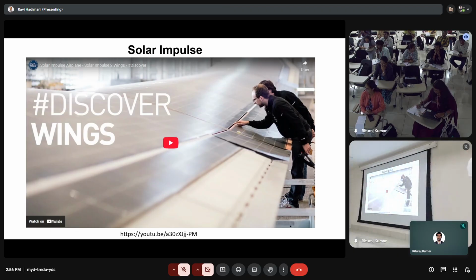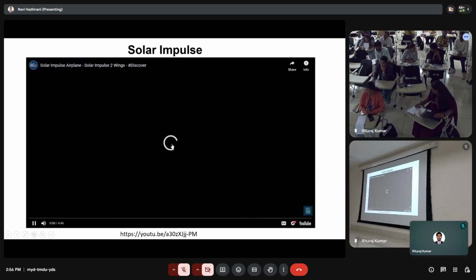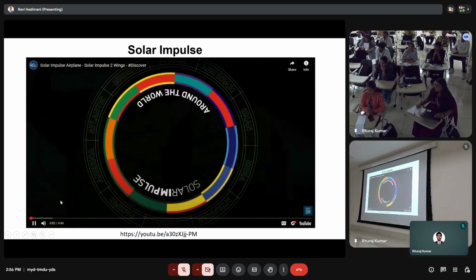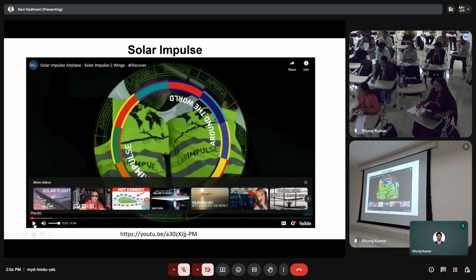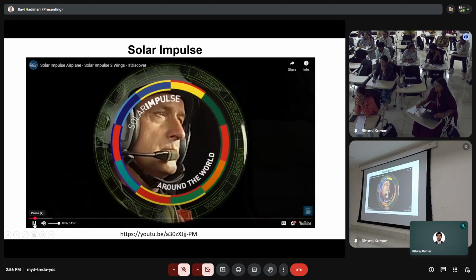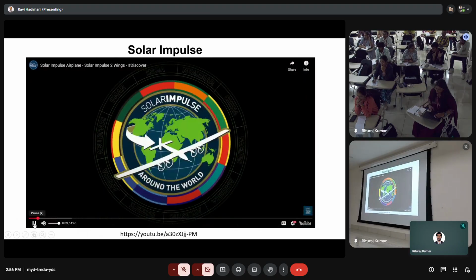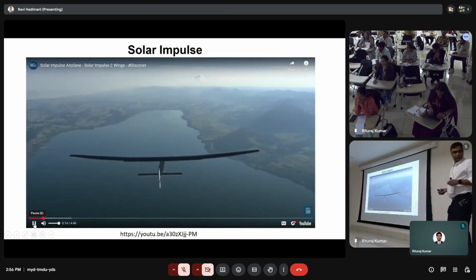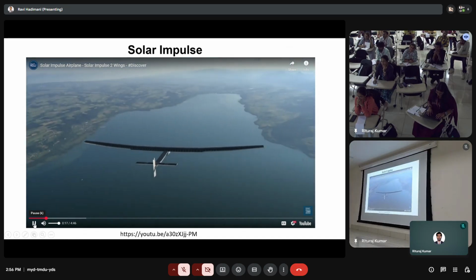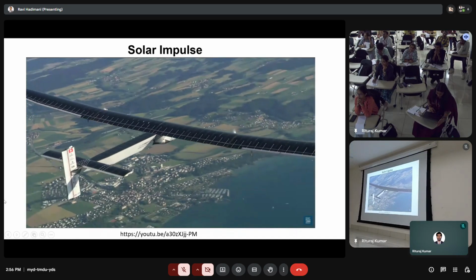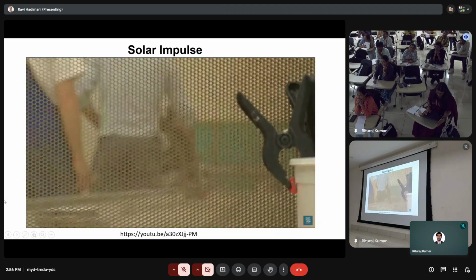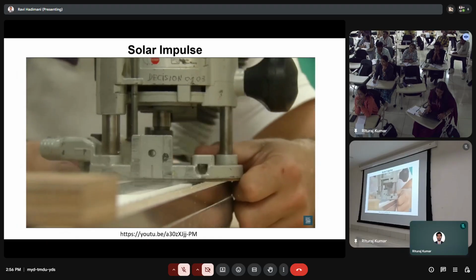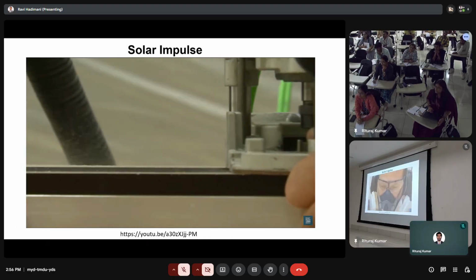Here is a video of how they make this aircraft. 72 meters long, covered in solar cells, ultralight, and allowing Solar Impulse to fly day and night. This is the Solar Impulse wing. An extraordinary flight called for an extraordinary wing to be built. Wider than a Boeing 747, Solar Impulse 2 has